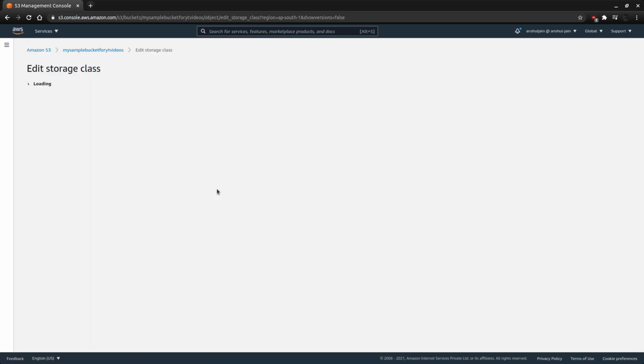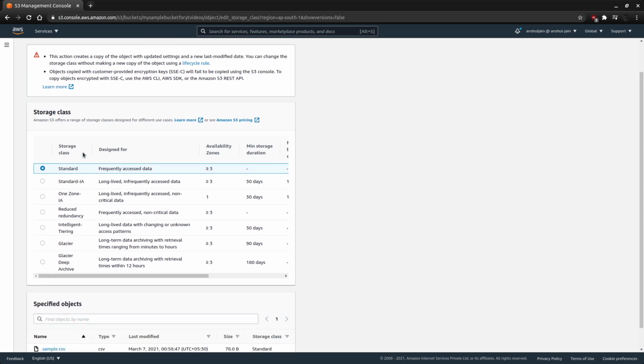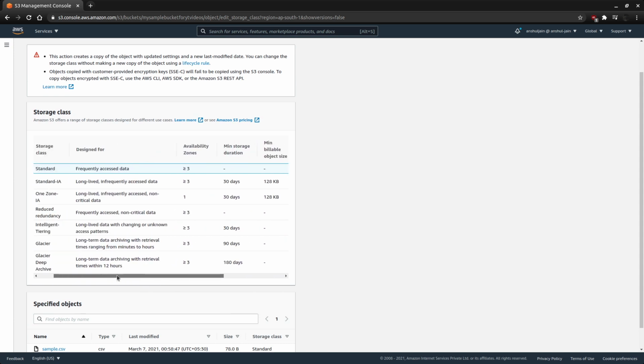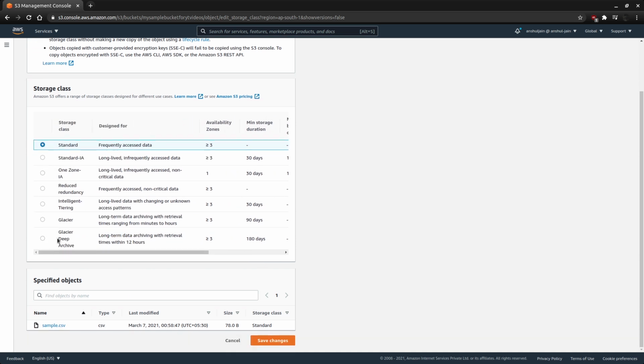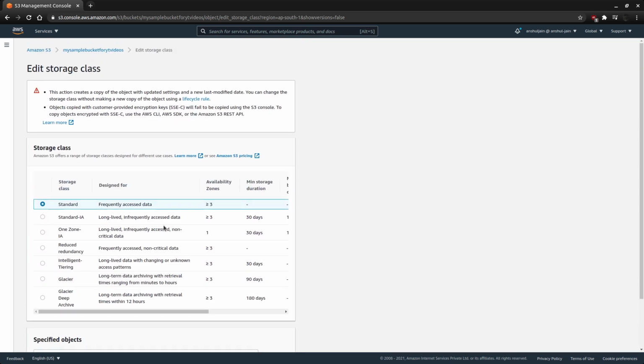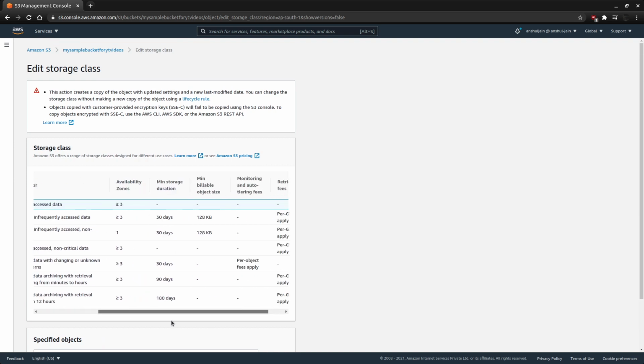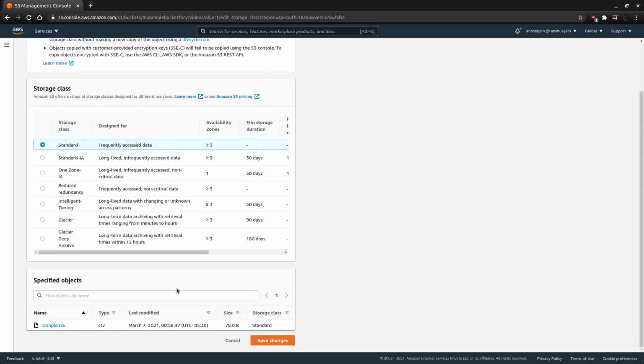If we edit and check the different storage classes available, we can move from a standard frequently accessed class to anything else based on our need. And of course the pricing, because pricing is the key thing that will change and where we'll effectively save costs. Each of these different storage classes or tiers will have a different set of pricing, and depending on our use case we can choose any one of these. I'm not going to do it right now because I'm not in the free tier anymore. But just to demonstrate, this is where you can choose the kind of storage class that you need for your object.